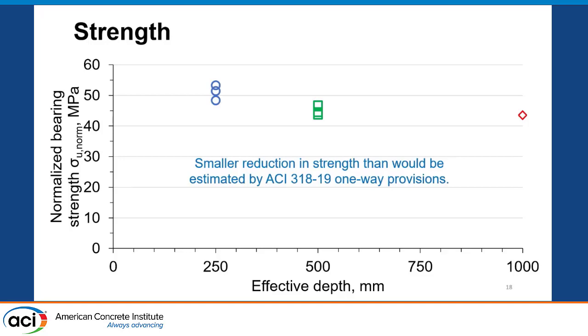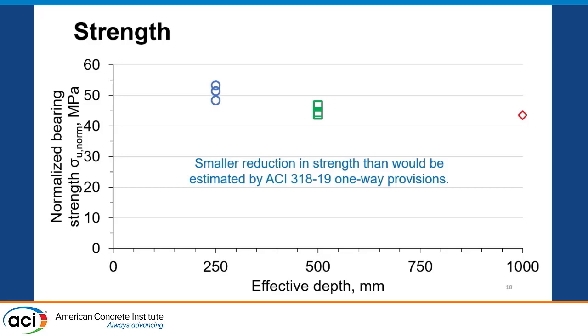In terms of strength, I alluded to it earlier in those previous plots with the S versus the L. This is all 12 specimens plotted on the same plot. Again, we did see a strength reduction. Here on the vertical axis, I've got a normalized strength, and here I have effective depth. About 50 megapascals on average for the small specimen, down to about 42 megapascals for the largest specimen. So about a 15 to 20% reduction in the strength,